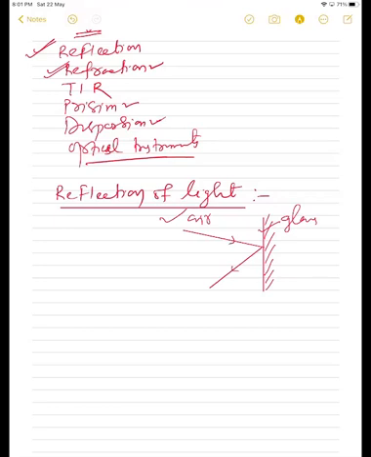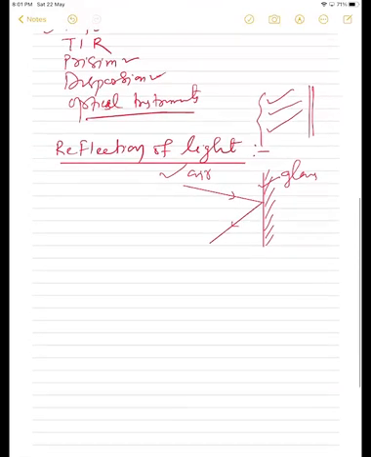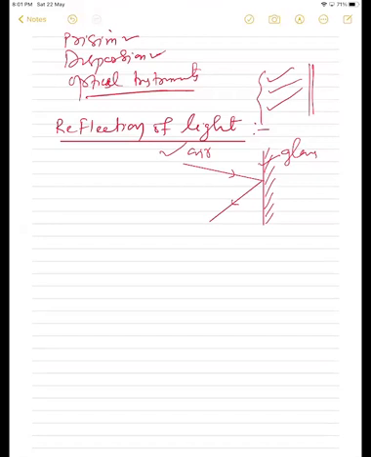So some part of the light, students, actually when light falls, some part of the light gets absorbed, some part of the light gets reflected, and some of the light goes into the medium, that is refraction. Yes or no? But now we'll deal with the concept of reflection of light only. Okay. So about reflection we can write,